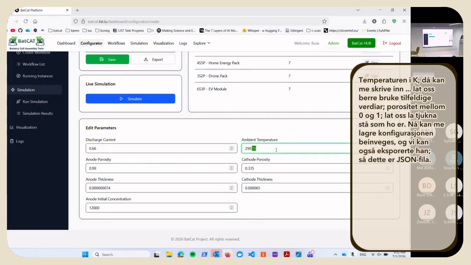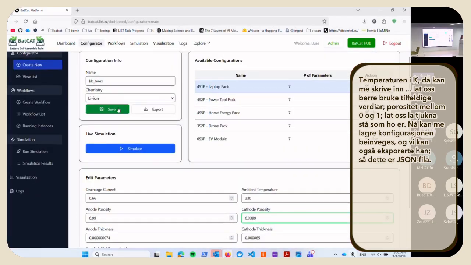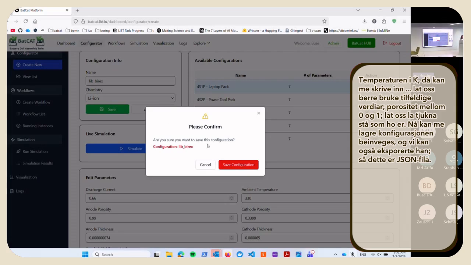The temperature in Kelvin, we can do like 33, maybe. Too high or too low? Okay, let's just write some random values. Then the cathode porosity is again between 0 and 1, so I think it's fine, maybe. And the thicknesses, we can leave as they are. And we can save our configuration like this.